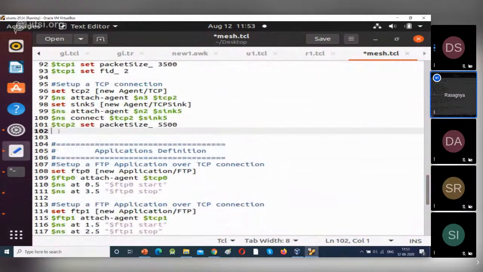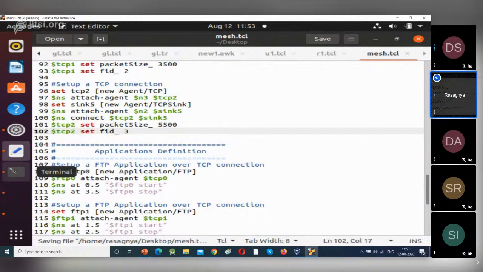Next, $TCP2. Here my agent name is TCP2. So give $TCP2 set fid_ 3. So these three different colors will be assigned for three different TCP data flows. After giving this, save the file.